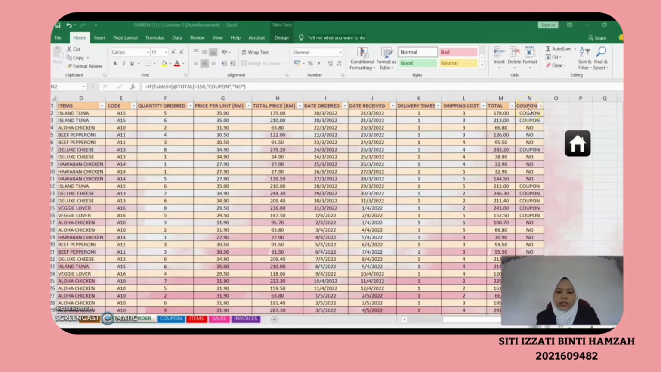Okay, the next function is the IF function. The IF function has been applied in the coupon column in order to evaluate which customer should receive their coupon and which customer should not receive the coupon. If we click the cell under the coupon, we will see the formula bar where it states the formula of the IF function, and